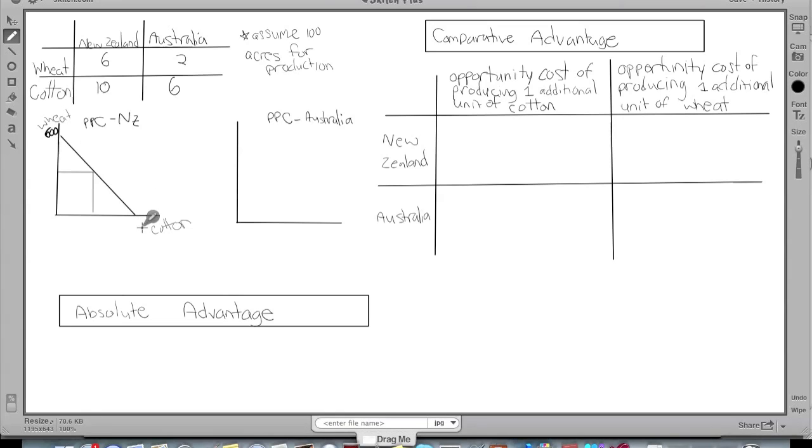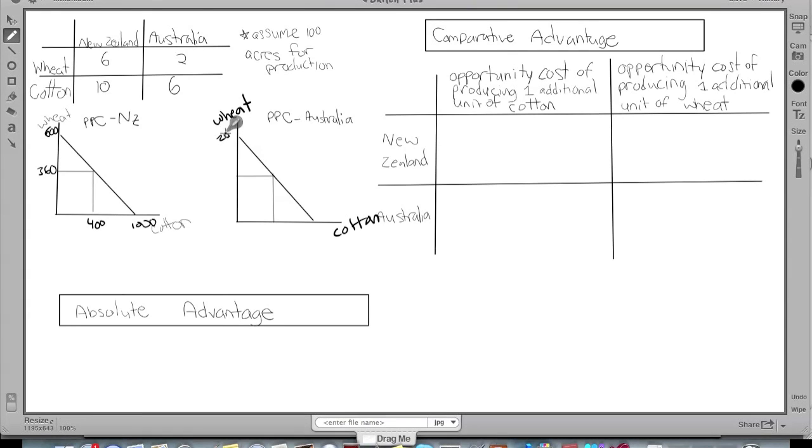So that's 600, and then we have 1,000 units of cotton. And then what they're actually producing is 360 units of wheat and 400. And those are just random numbers. Okay, so the most amount of wheat is 200. So that's assuming that they're using all of their units to produce wheat and no cotton, and if they were to only produce cotton, they could produce 600 bushels. Okay, but where they're actually producing, because right now they're not engaging in trade, they're producing, let's say,